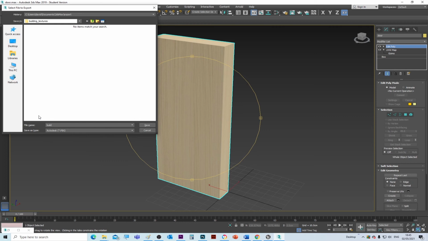I'm going to save into building textures. I'm just going to call it door